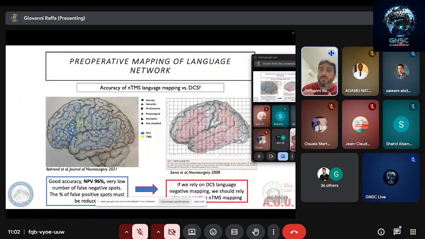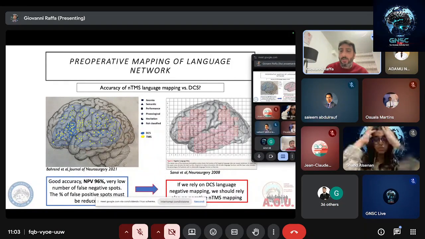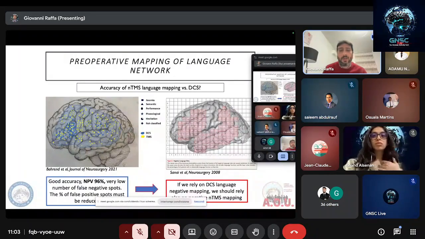When we are in the OR, we find a negative mapping during awake surgery. We usually go on and resect that area, and the same can be said for the NTMS language mapping, because the negative predictive value is very, very high and is comparable to the findings of the intraoperative